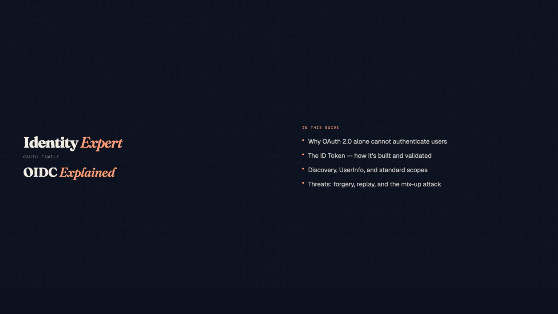In this guide: why OAuth 2 alone can't prove who the user is, how the ID token carries identity claims as a signed JWT, what the 5 mandatory validation checks are, and when to use the UserInfo endpoint versus the